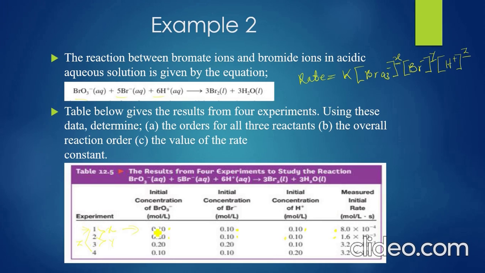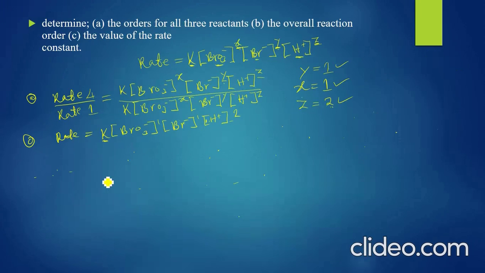So my initial concentration for bromate will be this one. For bromide will be this one, the one I'm going to use, and then the initial concentration for hydrogen, I'm going to use this one, and then my initial rate will be this one here. Okay, so I'm sure you know all that. So let's do this now. Here I'm going to substitute with my rate. My rate there, according to experiment 1, is 8.0 times 10 to the power -4 mole per liter per second